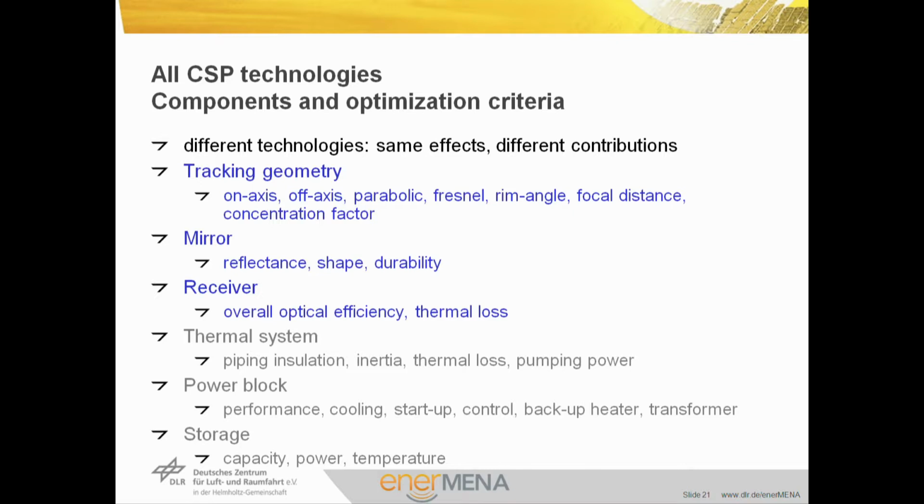For all the CSP technologies, we have mainly the same kind of optimization criteria for the components. The tracking geometry, on-axis, off-axis, parabolic, Fresnel, the kind of rim angle, the focal distance, the concentration factors, all these influence. The mirror product comes with its reflectance, with its shape and durability. The receiver has its optical efficiency on thermal losses. And this all results the overall output of the solar field. Once we come to the thermal system, we look at piping insulation, at inertia of our thermal system, thermal loss on components, pumping power, and of course on the power block with its performance, the cooling, the startup losses, heaters